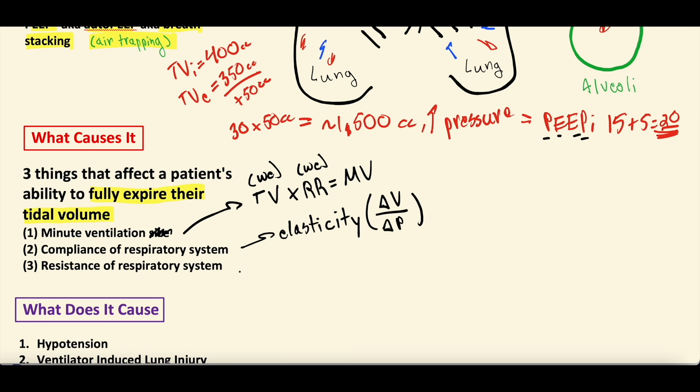The other thing, and the most common thing we probably think about with auto-PEEP, is the resistance of the respiratory system. Because as we drew up here, we have these small airways, these alveoli, right? And they're a small airway, and then it ends on this air sac, this balloon, and this is an alveolus. And the air we breathe in flows down these small airways into the alveoli. It's oxygen. The oxygen diffuses into the bloodstream. CO2 from the bloodstream diffuses into the alveolus,